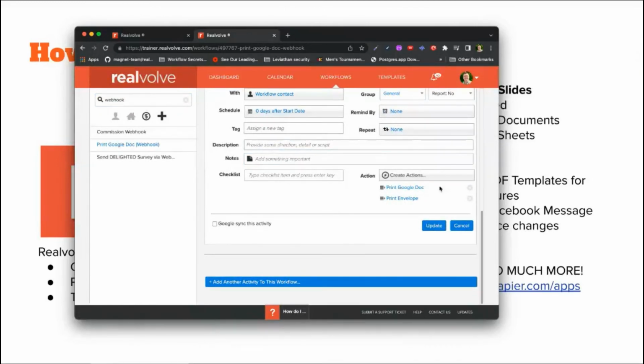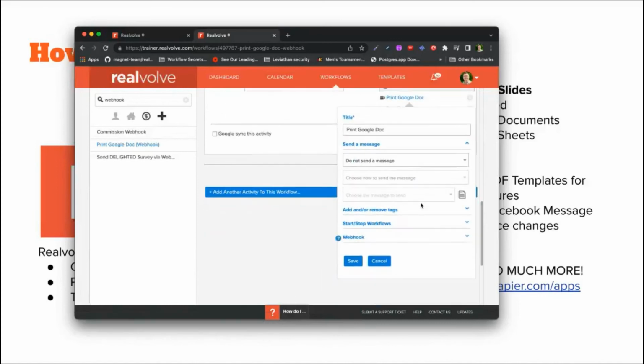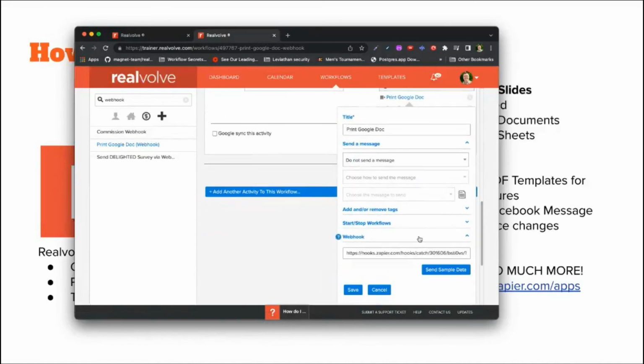So I create the Google Doc, I create the envelope, and the webhook draws the data, creates the correct document, all that kind of stuff. So everything is hunky-dory there. But there may be some service that you use that you want to also send additional data that's not necessarily in Realvolve, but it's always the same for this particular